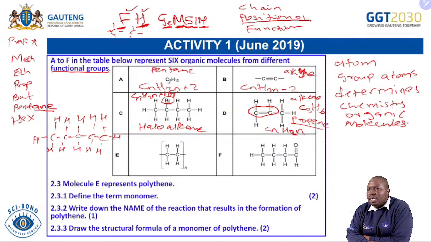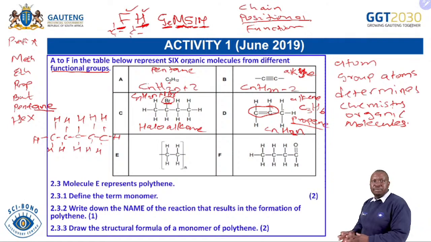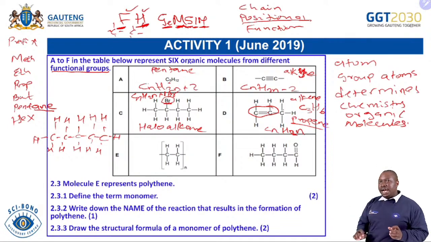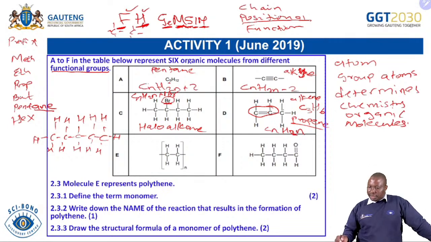So I'm simply saying you won't be having special questions that deal with plastics and polymers. They will be embedded in your question 2, sometimes in your question 4, depending on the examiners for that particular year. So it's important for you to be able to identify these polymers when you see them. Already, you can see now we are given